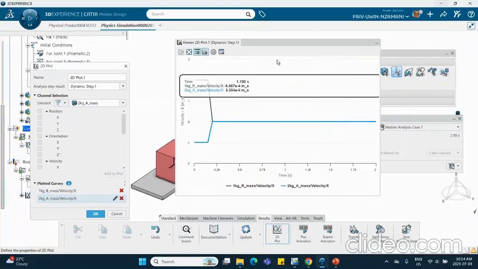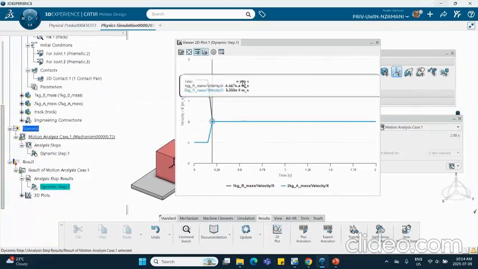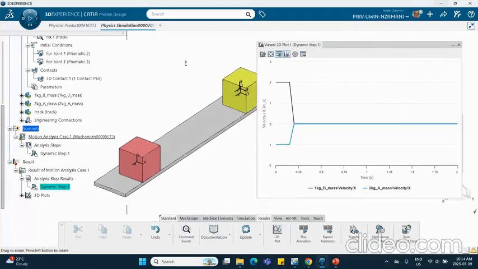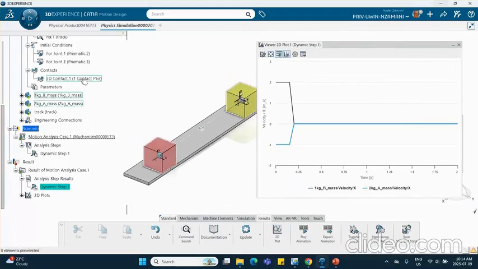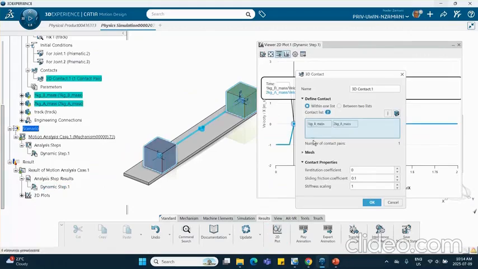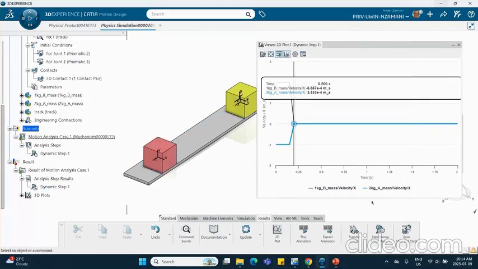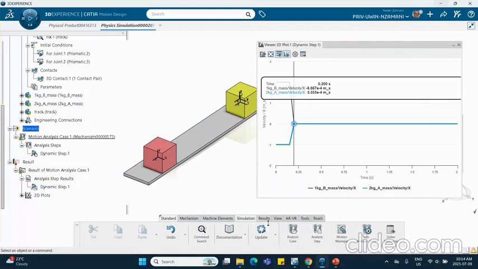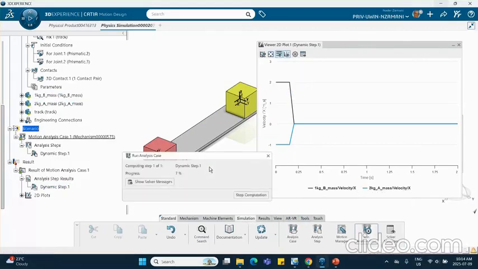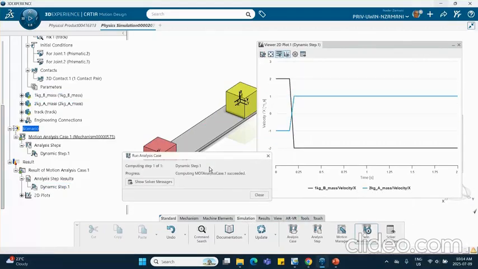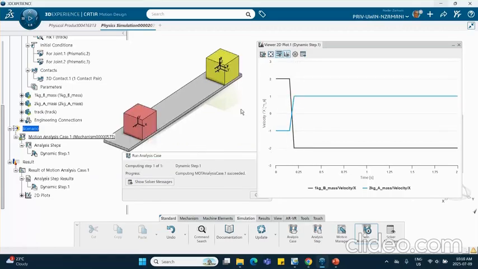So what I'm going to do is close this. Okay, keep this thing open. Now we go to contact. And for the coefficient of restitution, I make it 1 and run it again. Simulation, run it again, it will automatically update those things. There we are. And note, this is the case where it's fully elastic. In other words,